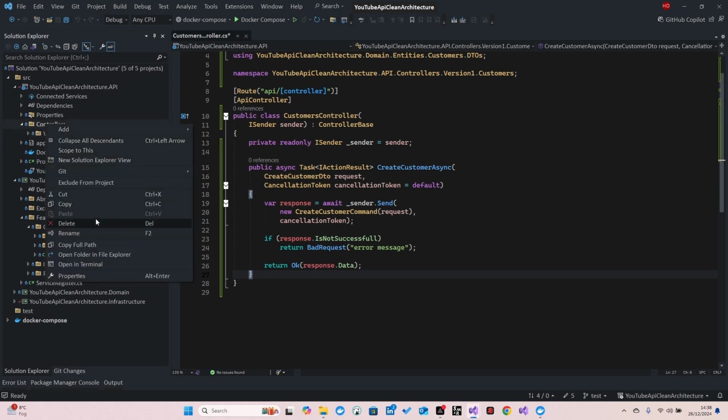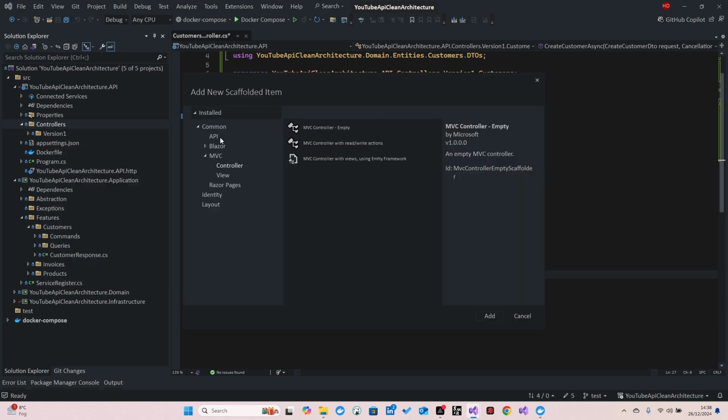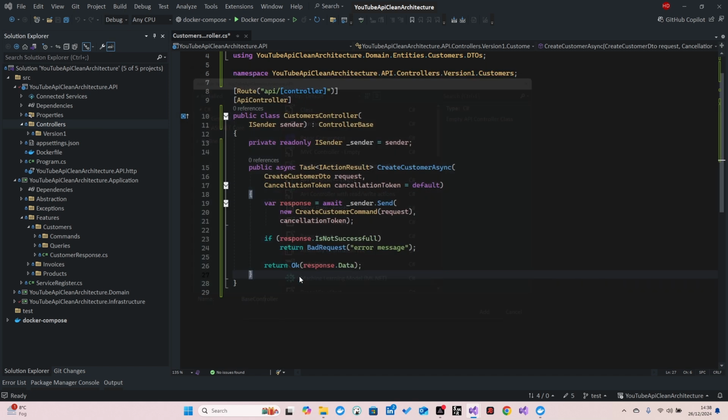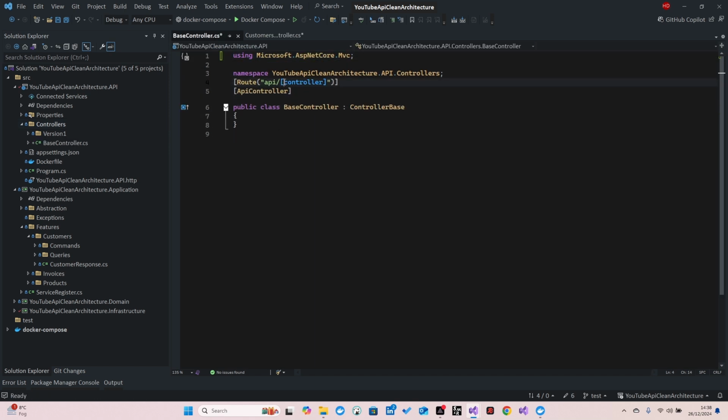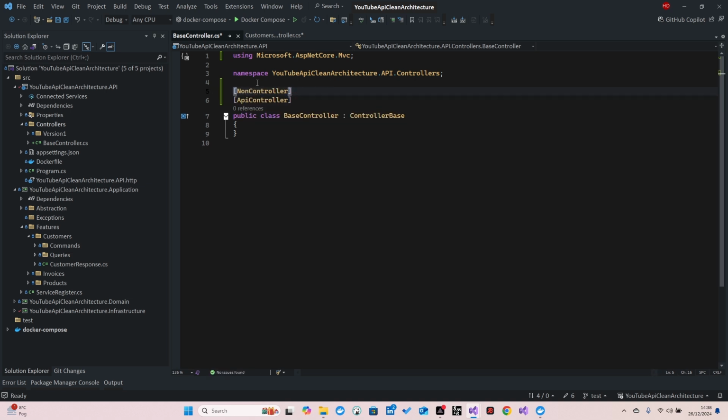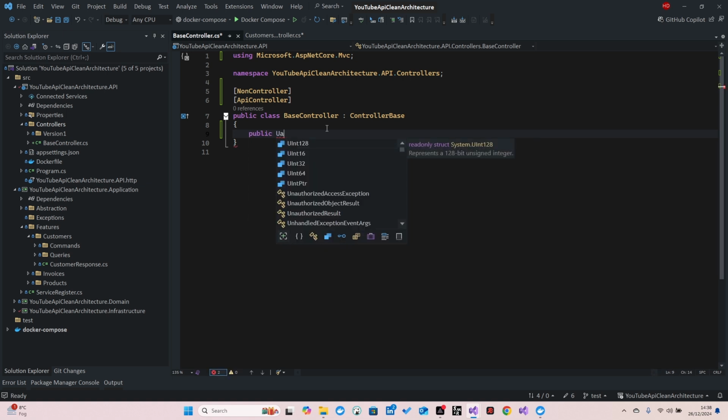So I'm going to go to the parent folder of controller. I'm going to create a new API controller here, and I'm going to give it the name base controller. Perfect. I'm going to delete the route as this is going to be a non-action controller. Sorry, a non-controller controller, and we are inheriting from controller base again because we're going to use this interface. Let's create our public action result